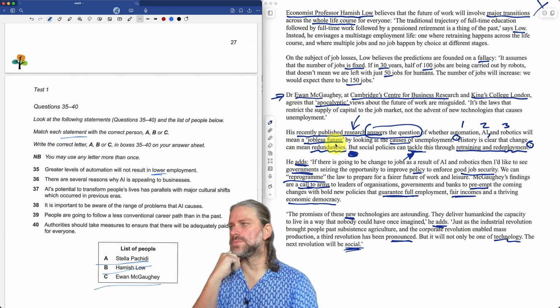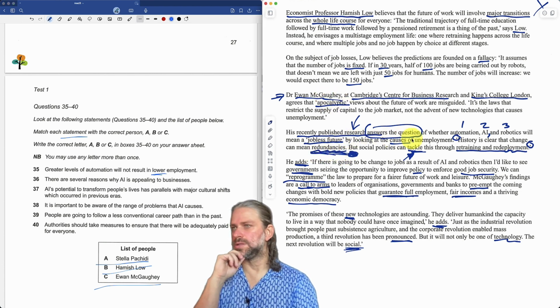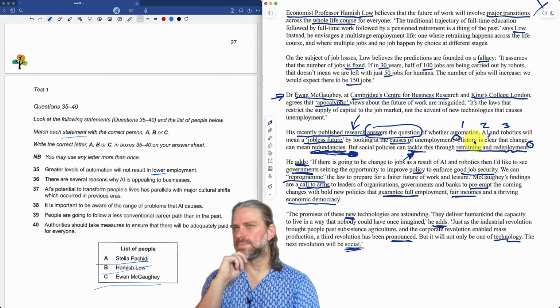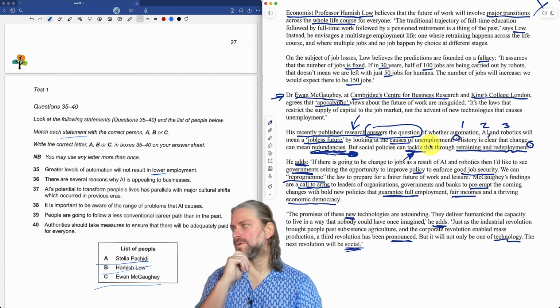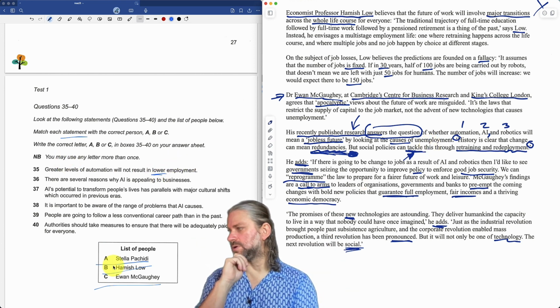So this is Ewan McGaughey. There's the word redundancies, and he's saying that history is clear that change can mean redundancies, but that doesn't necessarily mean that overall unemployment will go down. So we are talking about Mr. McGaughey here. So